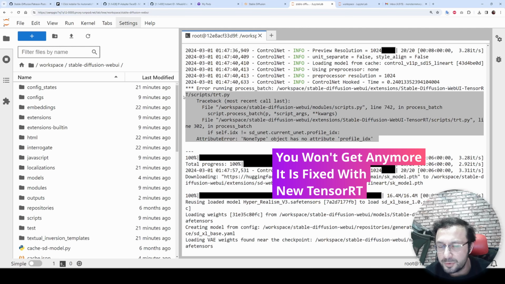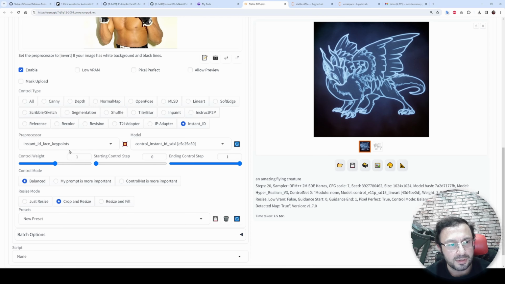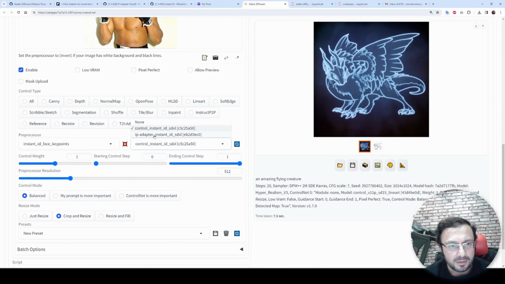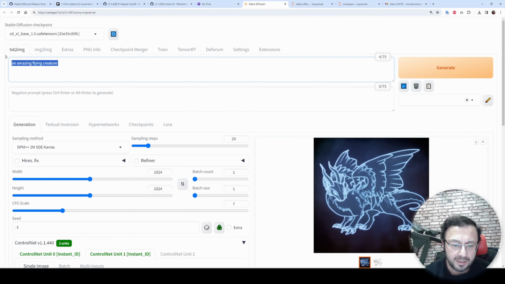So let's also select, for example, this pose. Okay, this will be our pose, I think. So here we select IP adapter and we select, okay, we select Instant ID, sorry, key points. So this will be our face transferred into the other one. And in here, we will select IP adapter Instant ID SDXL. Let's verify from here. ControlNet Instant ID face key points. Okay, so this will be face key points and ControlNet Instant ID. All right, and let's define just a man. Okay, and let's see what we will get.